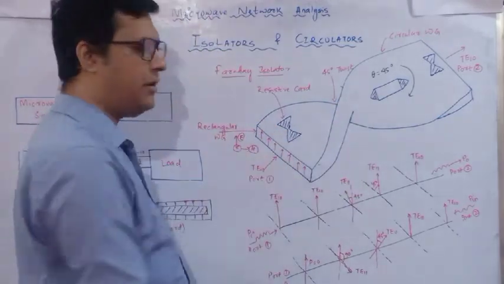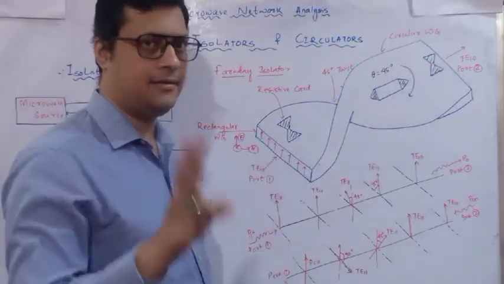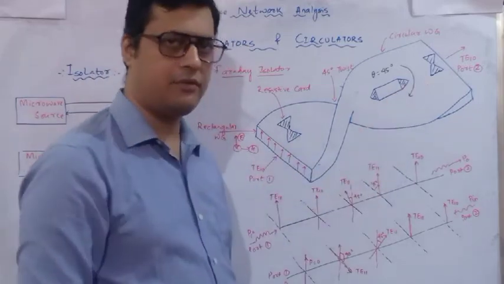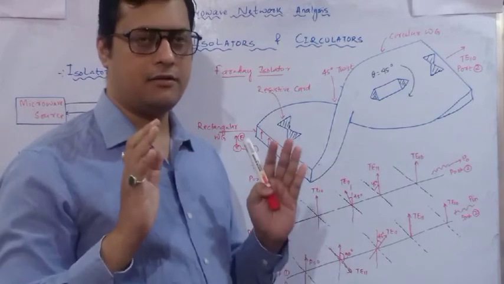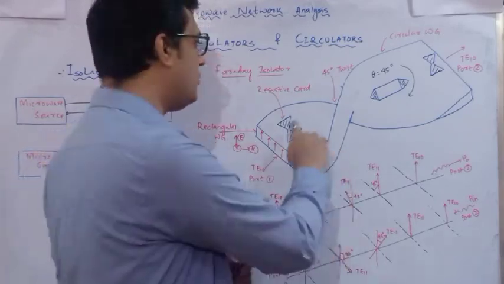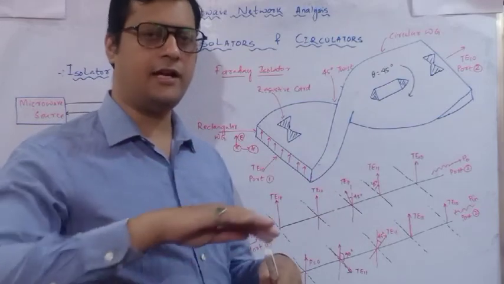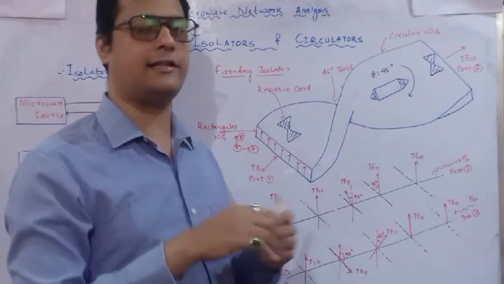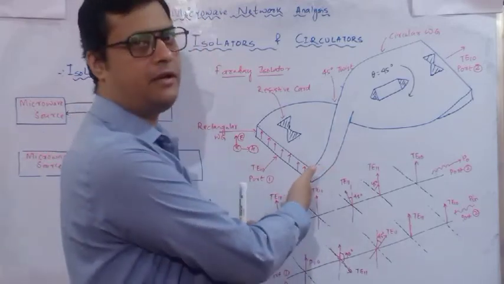So it is a two-port device, port 1 and port 2. It consists of three elements. One, two resistive cards are there which will absorb the electric field, the reflected electric fields. In these, a potential drop will be there, and due to some condition, the reflected electric fields cancel each other, and as a result no reflected wave is available at port 1.